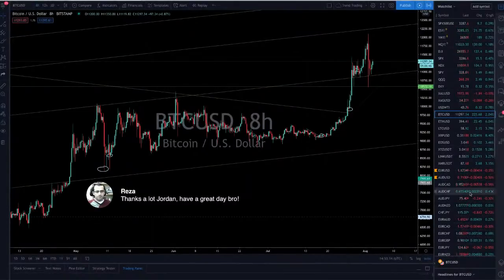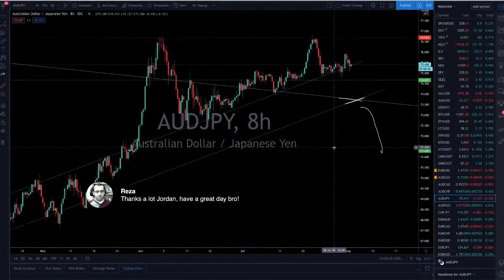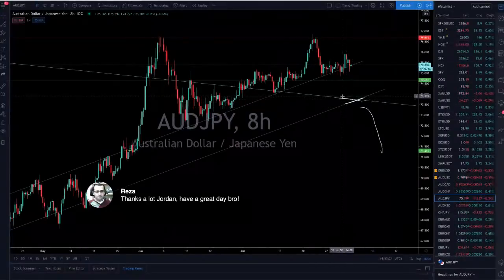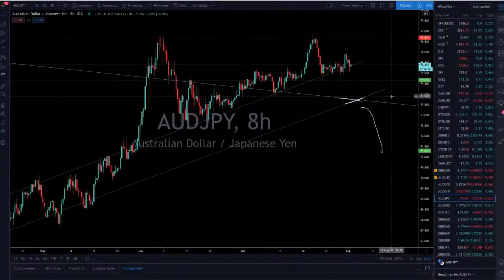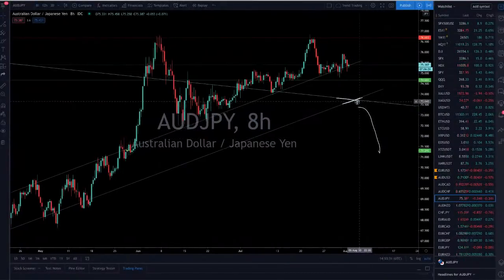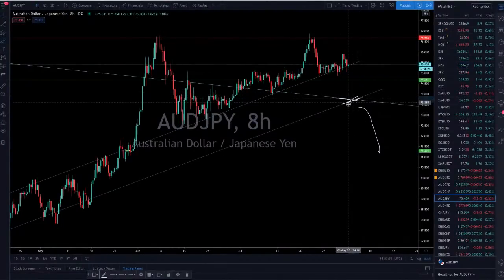We didn't get into the Japanese yen pair, so I just want to take a quick look just for myself to get an idea. You can see the Australian dollar, Japanese yen holding that trend line. I have this area over here. You could see this trend line along with this trend line support. If we break that, that would be like something's going wrong. We're seeing risk off, and we will be positioned risk off. If the markets go risk off before anyone else, we will position risk off. That's not what's happening right now, but not too much is happening right now, by the way, either on the